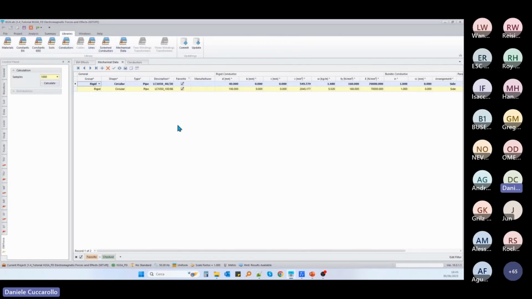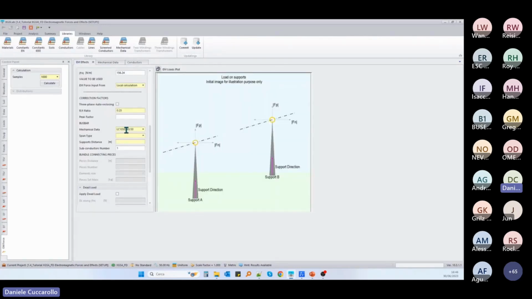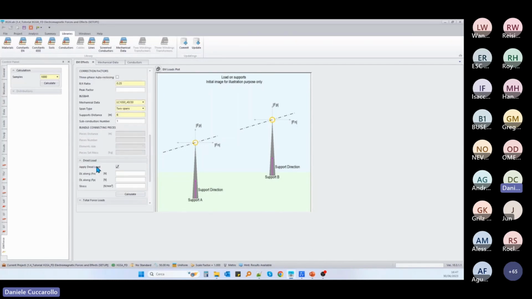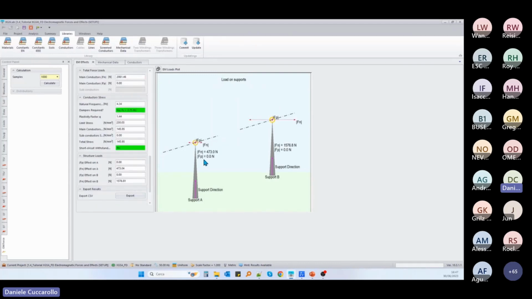This is well explained in the user guide if you are interested more in this respect. So once we have obtained our mechanical data, we can move on and select the span type, the supports distance, all items that you can easily find in the international standard. You can also decide whether to apply a downward load, and then by clicking the calculation, you obtain all your results, which are also displayed in the plot put on the side of the main